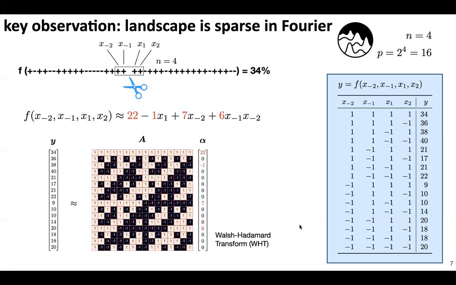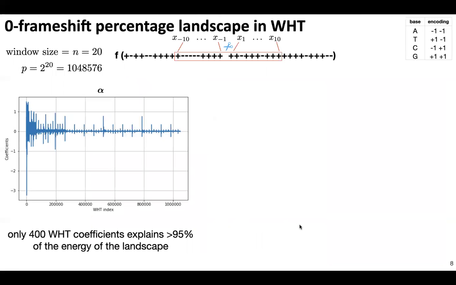Now, let's take a look at the same landscape when I use a larger window around the cut site. For example, in this case, I'm looking at a window size of 20. So I represent these variables as x_-10 to x_10. Now the dimension of the problem grows as well. The new dimension will be 2 to the power 20, which is about 1,000,000. So I query the inDelphi software 2 to the power 20 times, which takes about 2 days of simulations on my laptop.